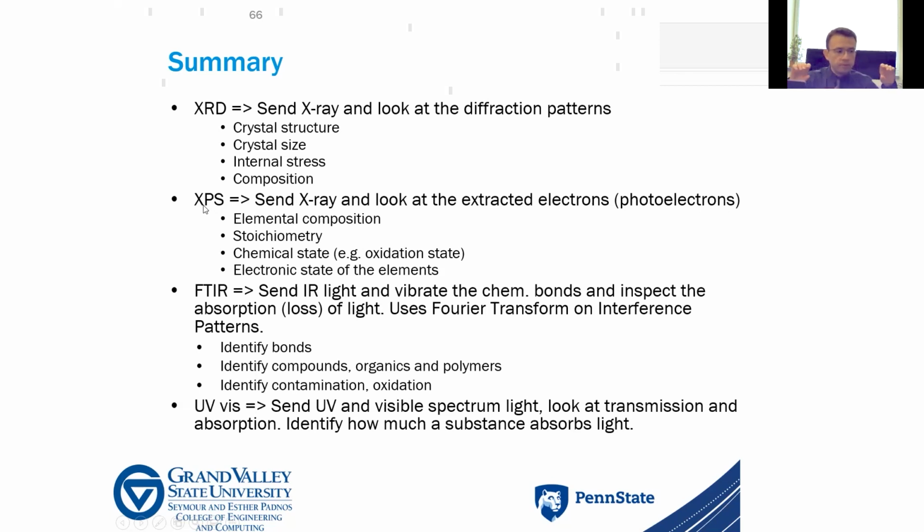With XPS, it's a very surface-level analysis, but we can still get stoichiometry-level analysis. We can get elemental composition, so we can say, what are we looking at? Is it copper's electron? Is it the other electron from, say, palladium? We can get stoichiometry. We can get electronic and chemical states. With the FTIR, we identified the bonds, and we can generally analyze organics and polymers with the FTIR. And with the UV-Vis, we can send ultraviolet-visible spectrum light and look at the absorption spectrum this time and see where the light will be absorbed in materials. With that, we will conclude